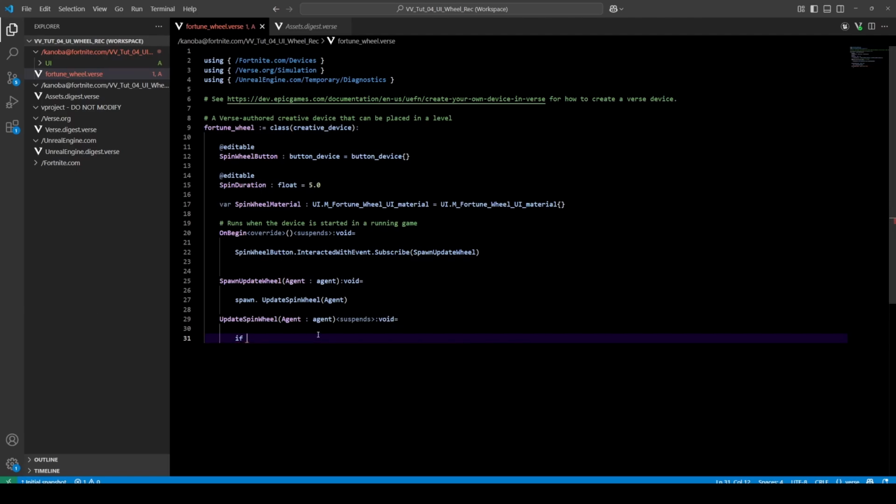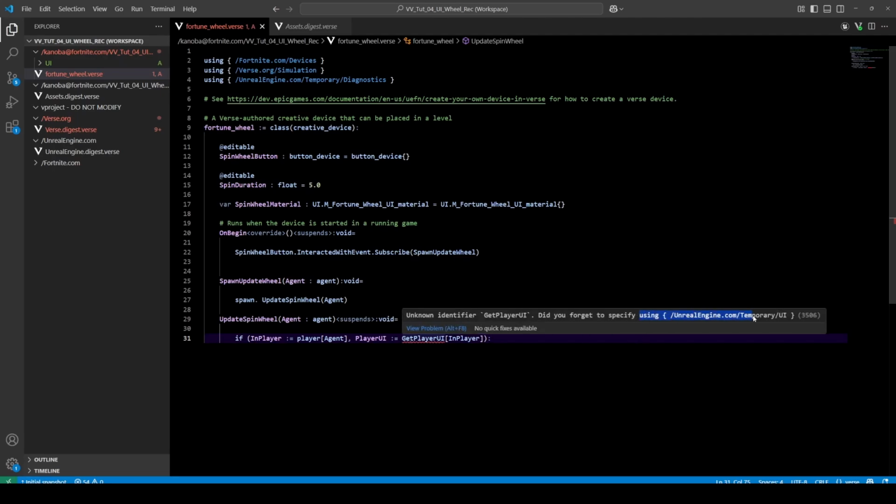So we need to go: if Player is equal to Player Agent and Player, UI is getting the GetPlayerUI in Player. Okay, so we need to use the Verse